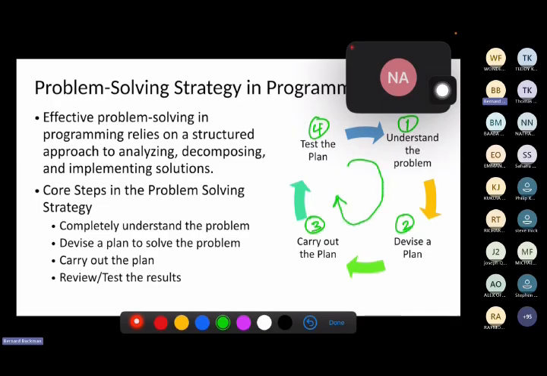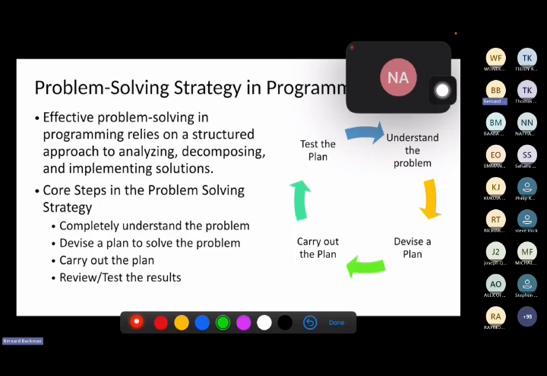We call it the general problem solving strategy, and we adopt this most often in our programs and in our general lives. Okay, now in programming there could be different kinds of problems which would necessitate the tweaking of this